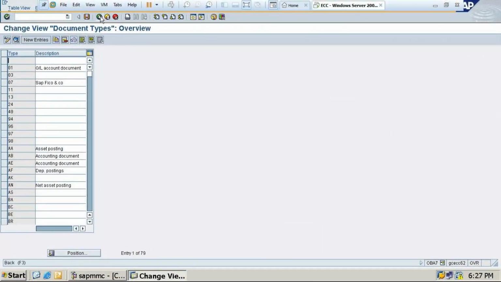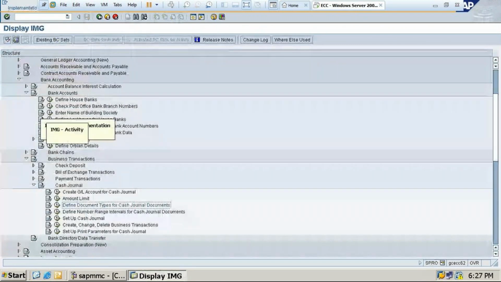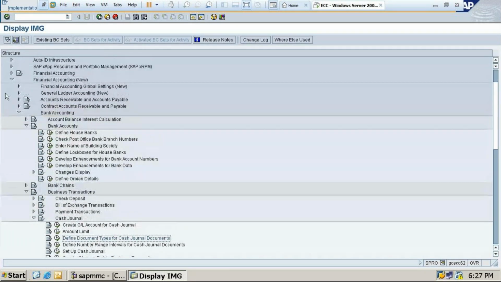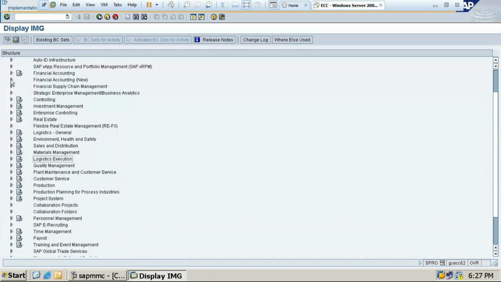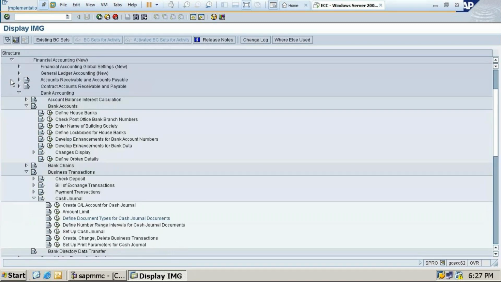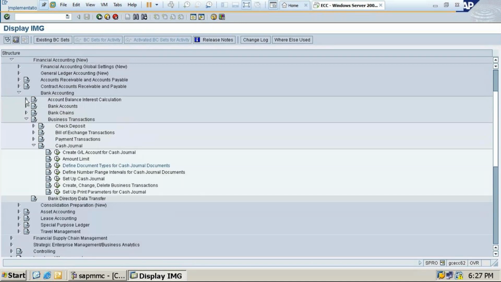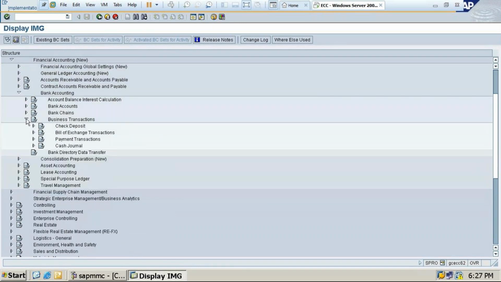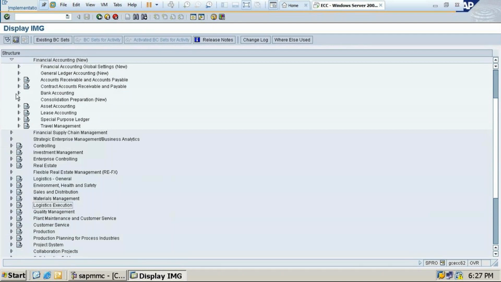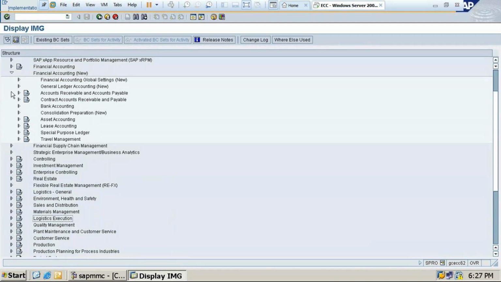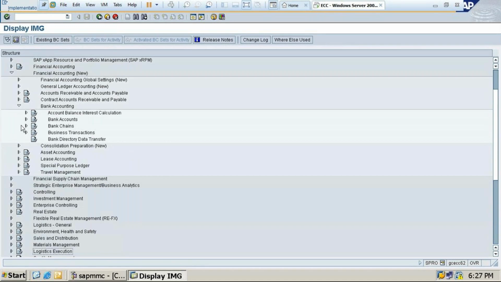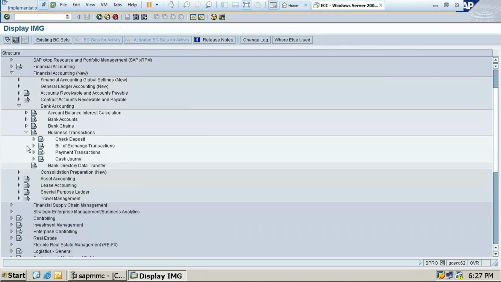First, we have to go through the same procedure one more time. For those who have joined just now, I'll show you once. Financial accounting, go to SPRO, financial accounting. You have to click on bank accounting. I'll do all these things one more time. See this: financial accounting, bank accounting, business transactions, cash journals,